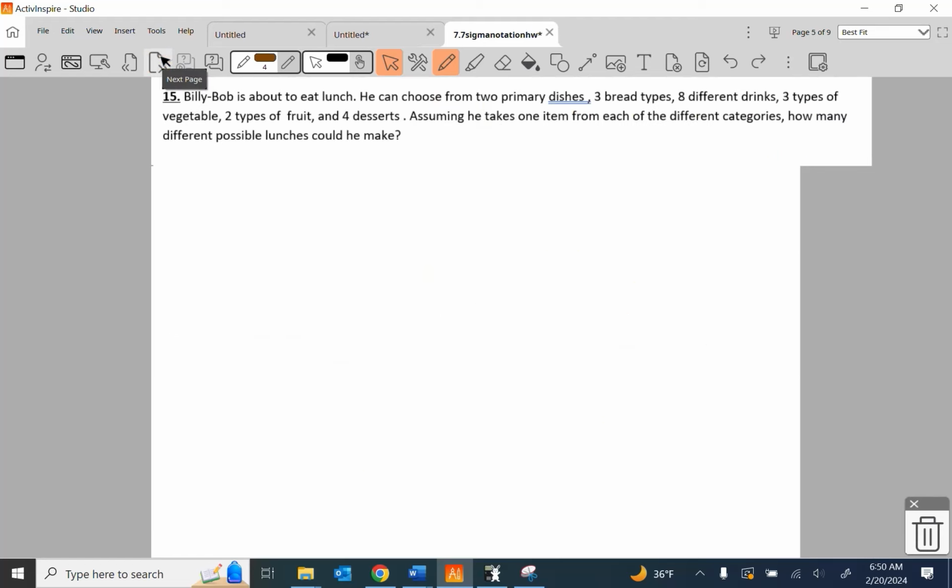Billy Bob is about to eat lunch. He can choose from 2 primary dishes, 3 bread types, 8 different drinks, 3 types of vegetable, 2 types of fruit, and 4 desserts. Assuming he takes 1 item from each of the different categories, how many different possible lunches could he make? This is called a combination, and the total number of combinations